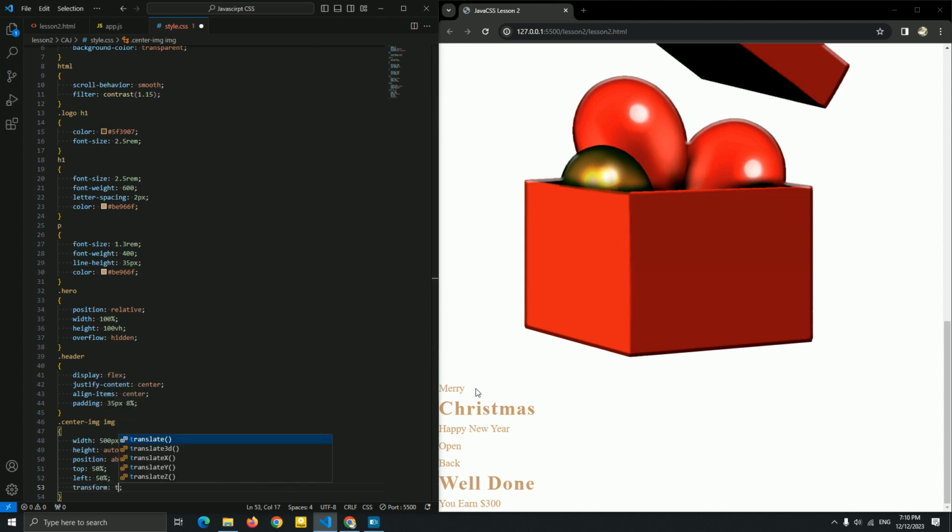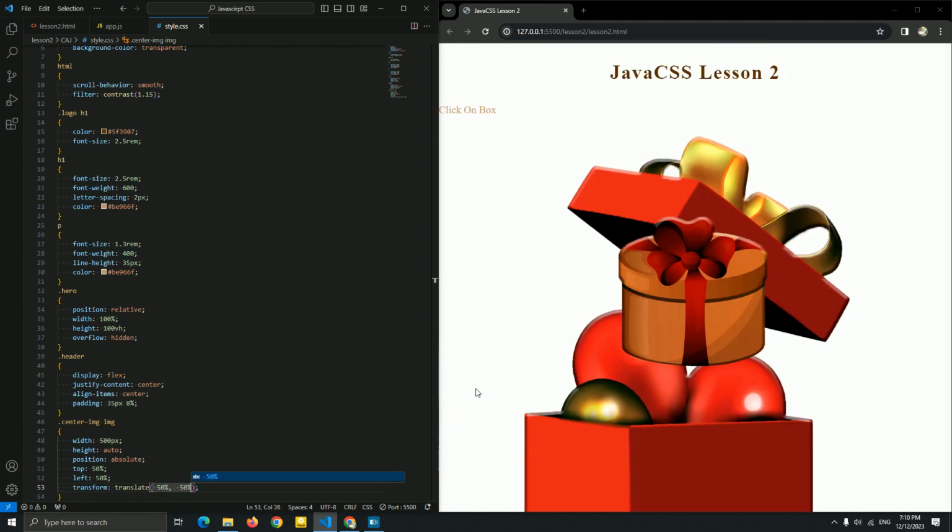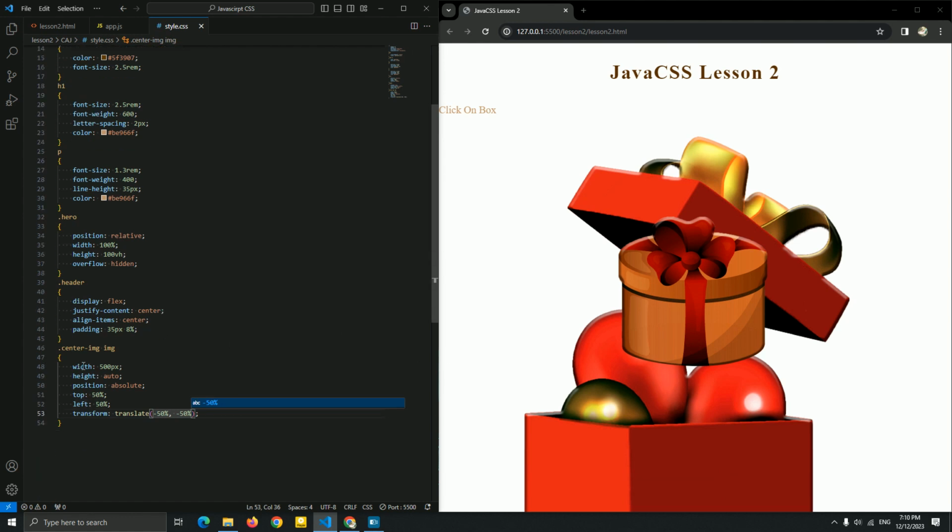Transform translate minus 50%, minus 50%. Okay, here, as you can see right now, we have this center image. Now let me add this text to be on the downside of this box. So I'm gonna name it center text.